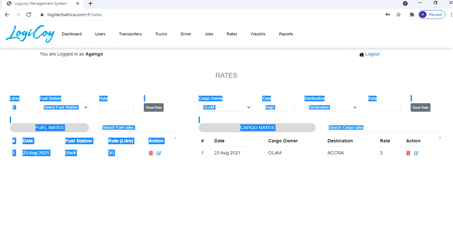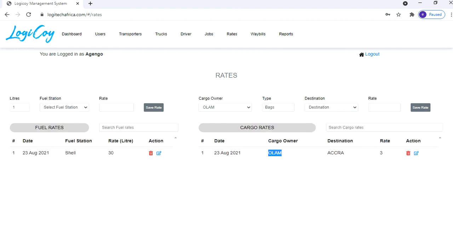I've already added one rate for Olam, and that is the Accra rate, and I made it 3 cedis. This is just a demo, so it might not be correct. Also, I've added a rate for Shell, which is 30 cedis for 1 liter. It might be correct, it might not be correct. It's just a demo. So from rates, we go to the Waybill